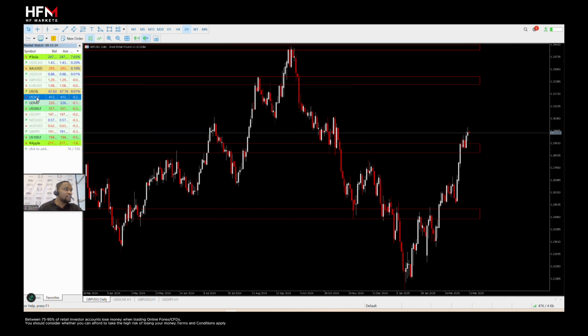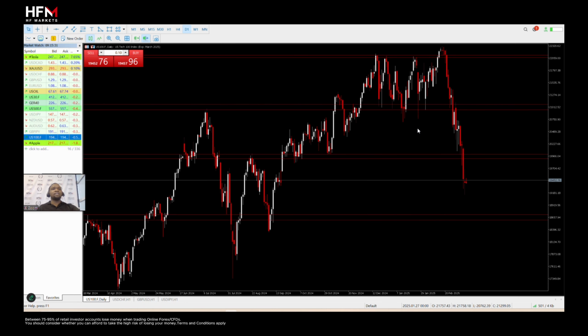On indices, beginning with America's indices, we experienced a bullish run yesterday with US 100 or Nasdaq, but retraced immediately after the news to proceed printing to the downside. This clearly informs